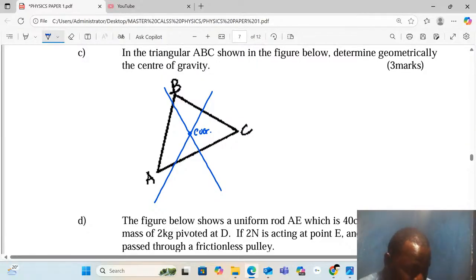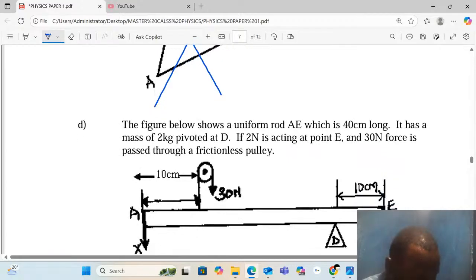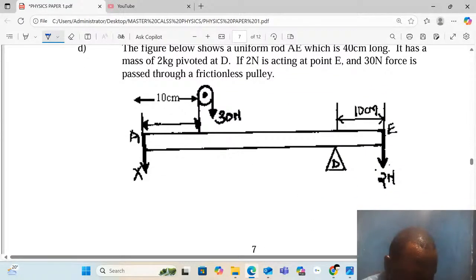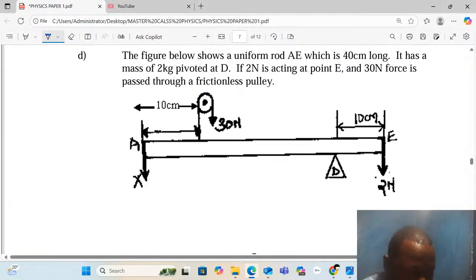May I have the last part, which I'm going to talk about tonight? The figure below shows a uniform rod AE, which is 40 centimeters long. It has a mass of 2 kg and is pivoted at D. If 2 newtons is acting at point E and a 30 newton force is passed through a frictionless pulley, then